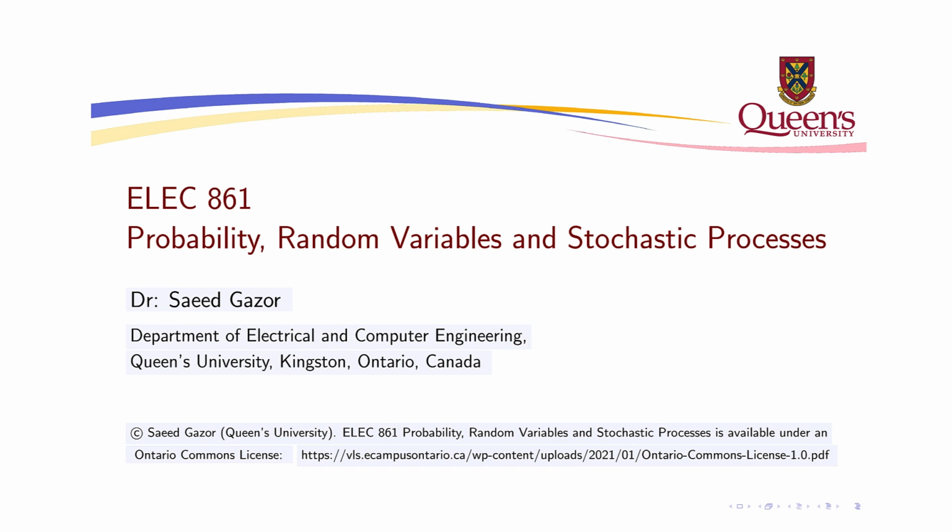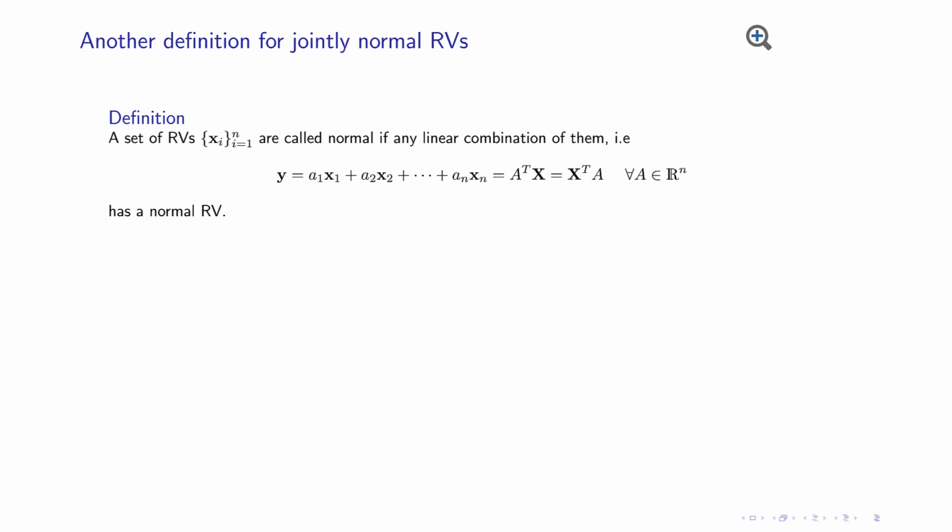In this video, we want to have a better new definition for jointly normal distribution. So in this redefinition, we say that a set of random variables are normal or jointly normal if any linear combination of them has a normal distribution. Mathematically,